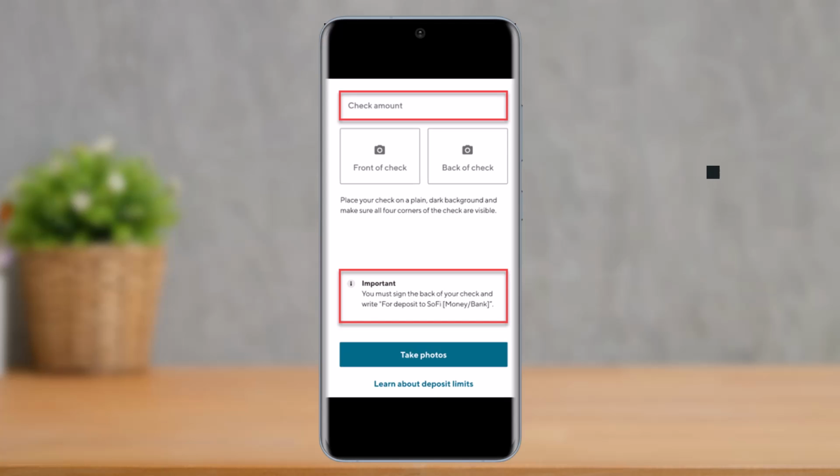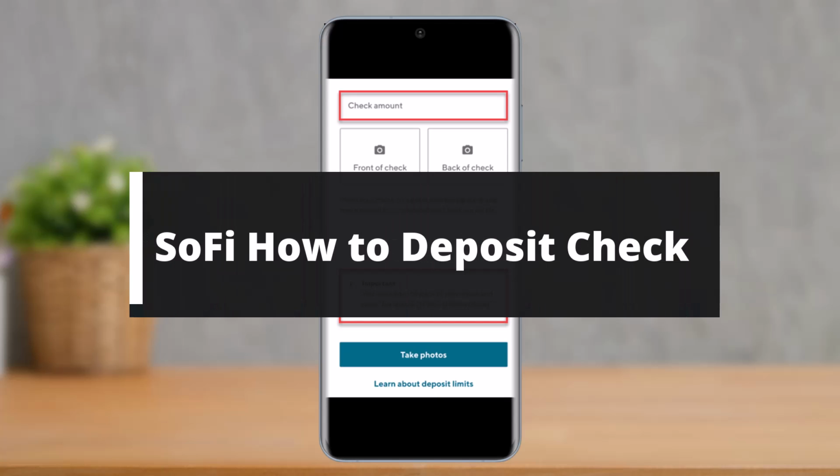How to deposit a check into your SoFi Money account, or how you can make a mobile check deposit right from your